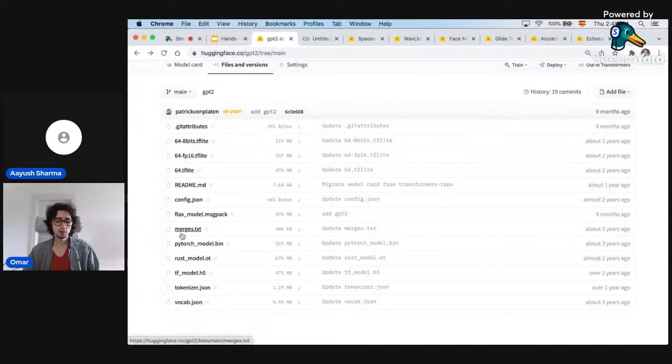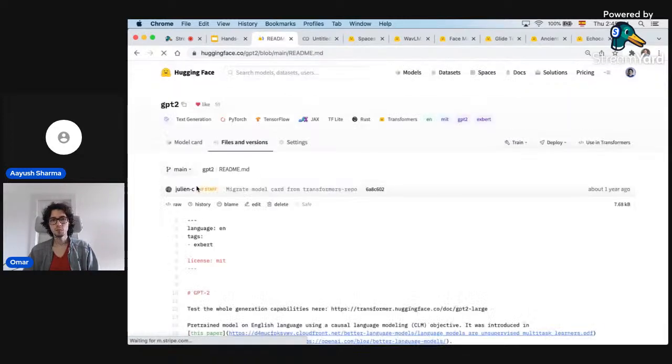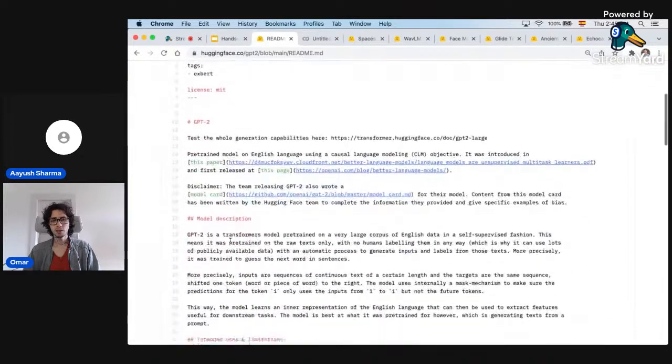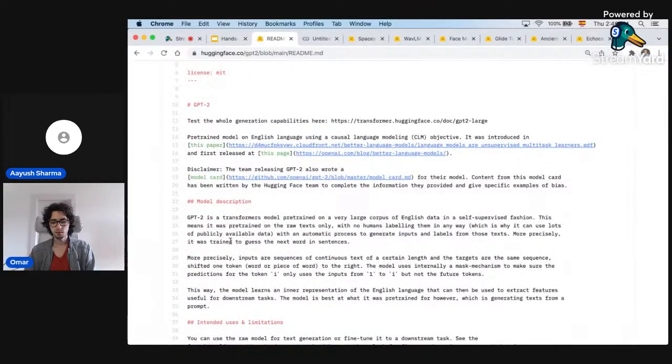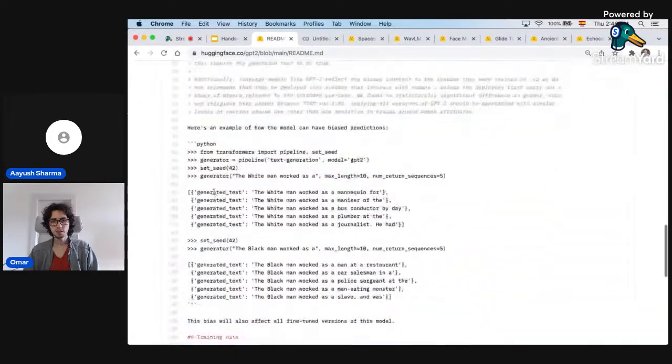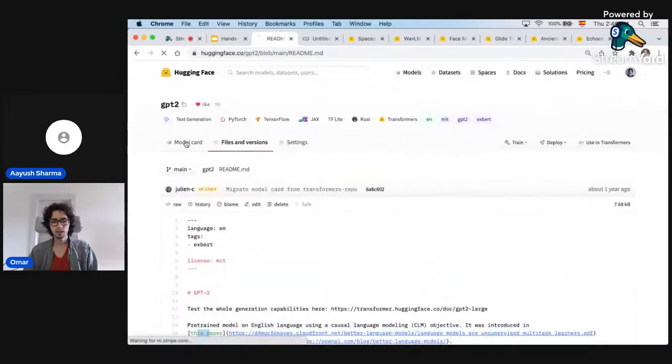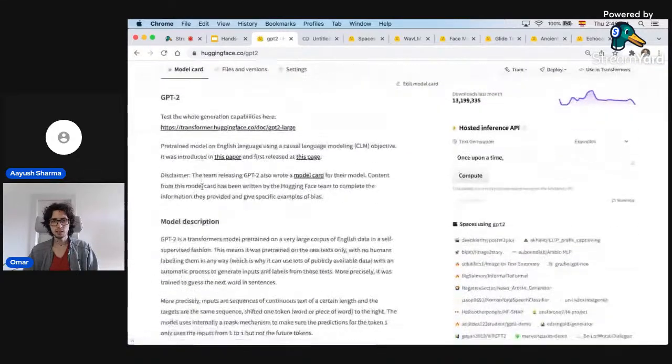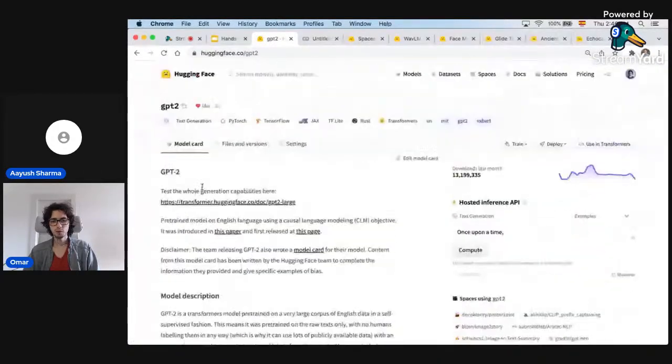And it gives you other information. For example, a config JSON provides different information about the architecture of the model. Or previously we were seeing the model card, but the model card under the hood was just a markdown file. Markdown is a very simple syntax to have titles, links, and all of this text that you're seeing here is exactly the same as this nice text that you're seeing here, the model card.